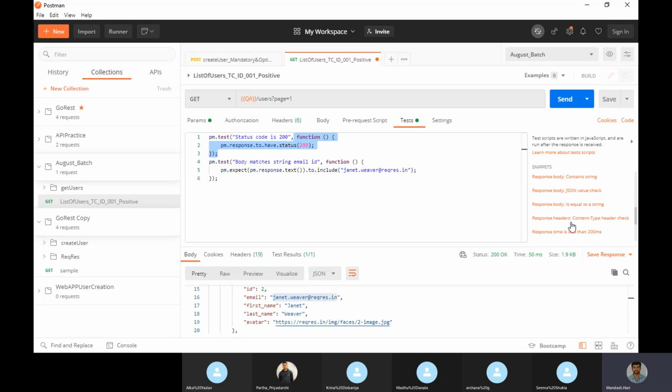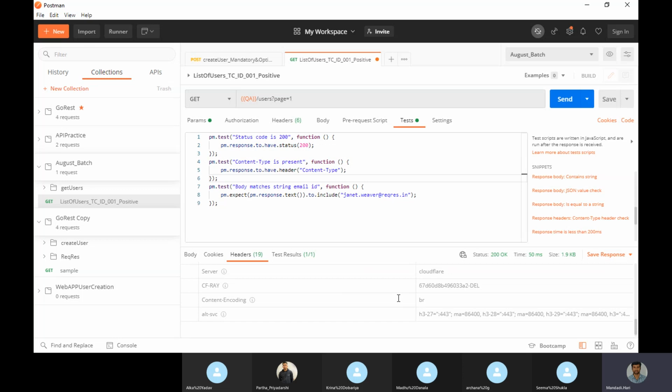Header check, response header content check. Let's check one header. I am going to check content encoding, which is BR. Content type is content type. Header content type is there, content encoding is there.